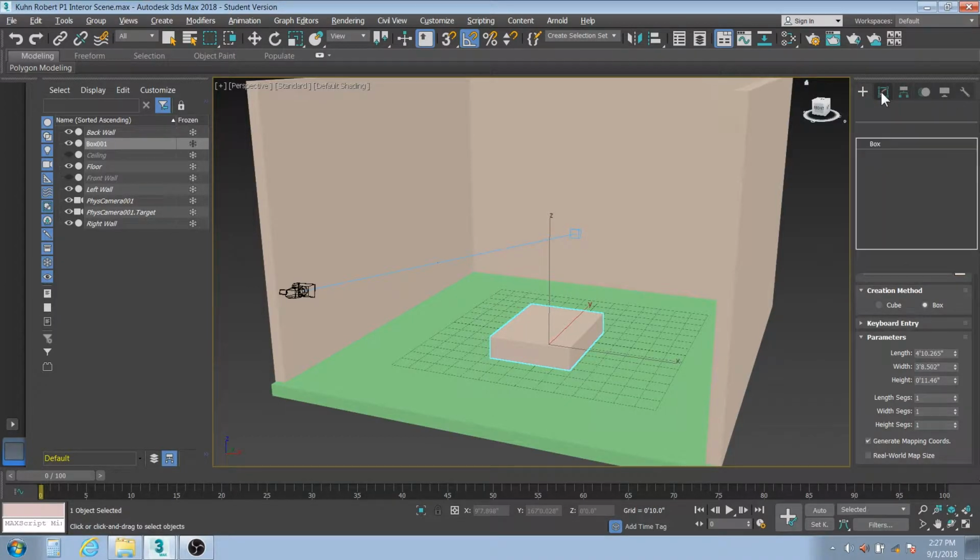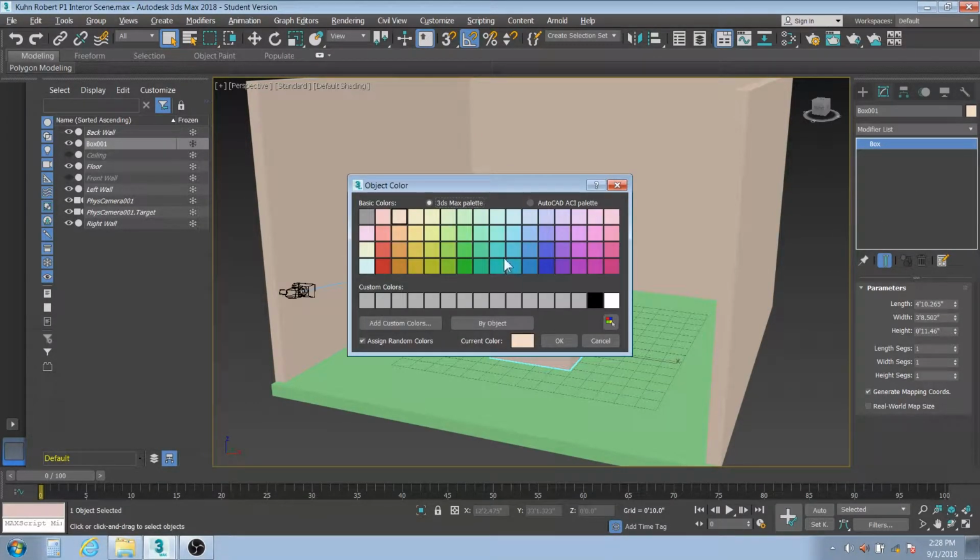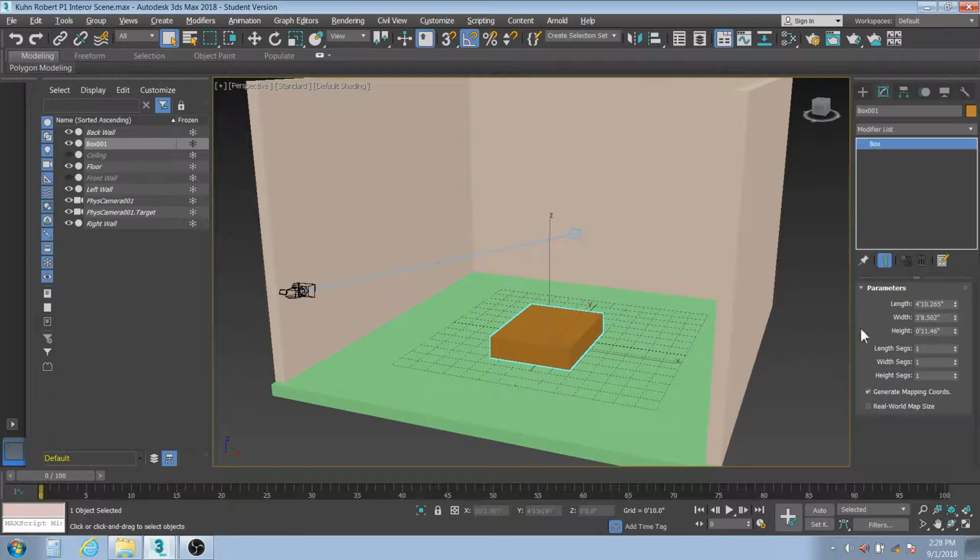Let's go to the Modify tab, and in doing so, we'll automatically stop making new tables. Let's change the color of our box. Oh, a medium brown would be nice. And I'm going to change the parameters of it. Let's make our box 6 feet long, 3 feet wide,